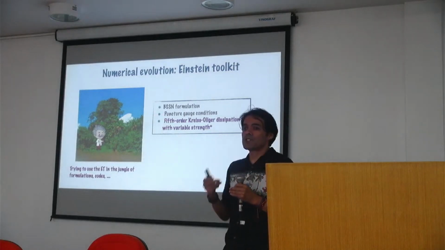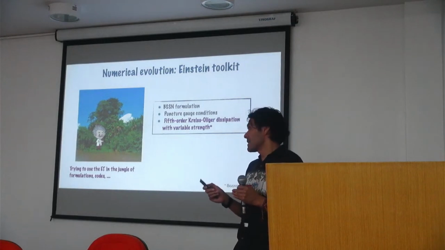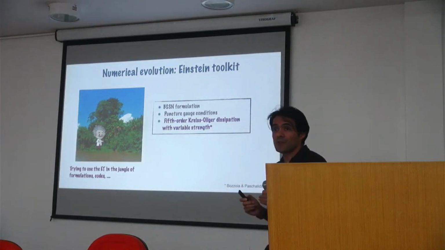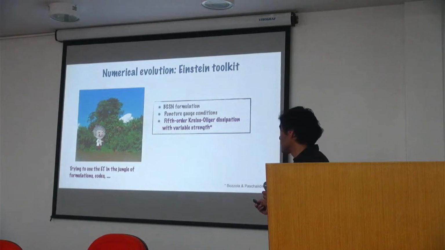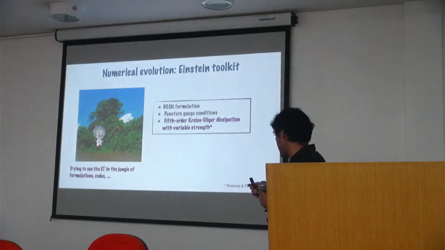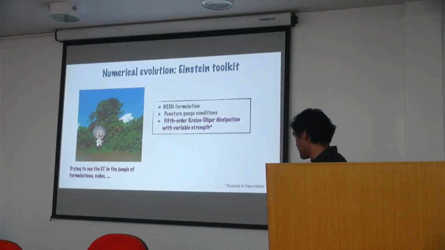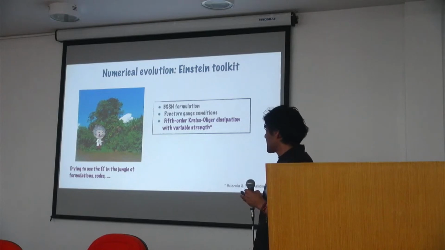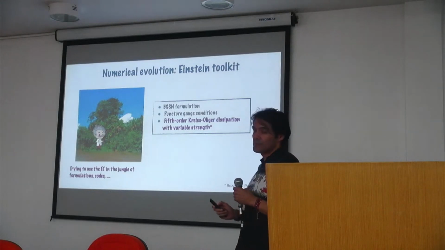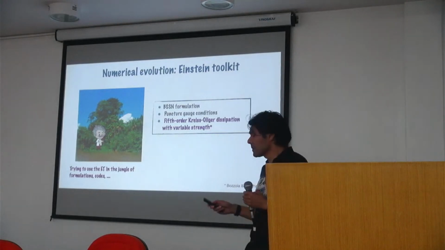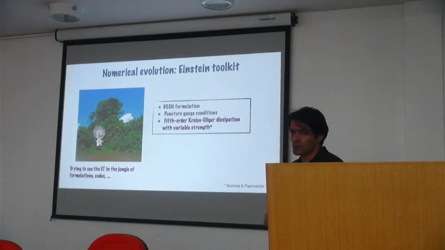And there is an important thing that is in reddish here, is that when we try to evolve these stars using charge, they were really unstable if we use the standard 5th order Kreiss-Oliger dissipation. We found that it's important to use a variable strength for every single refinement level that you are using. This is something that has been proposed already by Bezares and Palenzuela back in 2022. And essentially what is happening is this system has to satisfy a kind of current condition. Anyway, this is just a summary of how we do the evolutions.